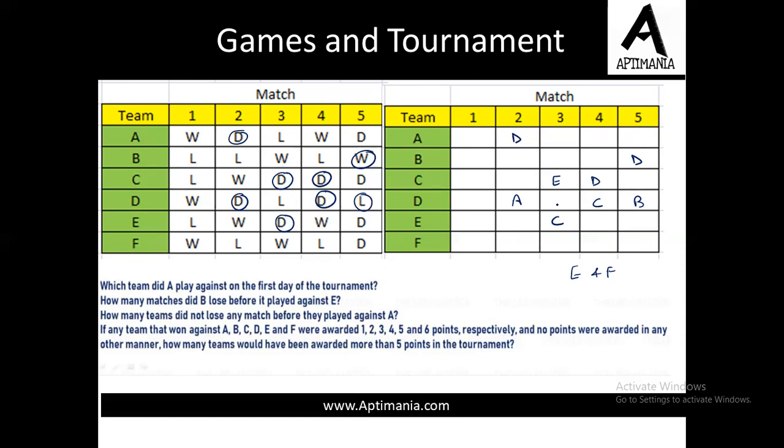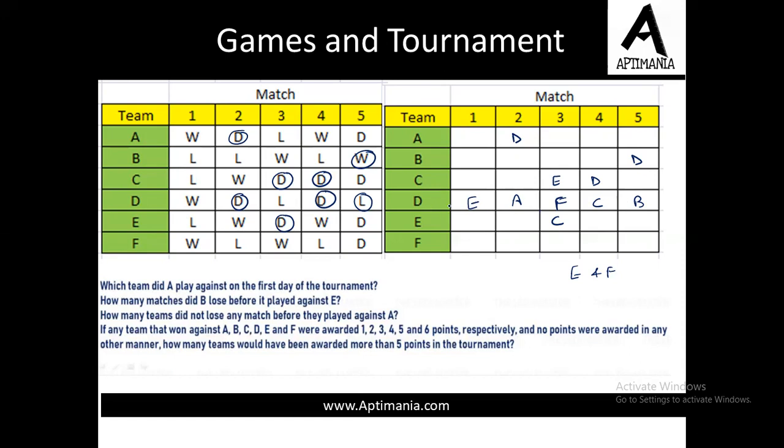This question is now simply like a Sudoku. E का थर्ड डे पे एक मैच हो चुका है C के साथ, तो E अब थर्ड डे पे D के साथ नहीं खेल सकते हैं, so we cannot fill E over here, which simply means that here it must be F. And now we have only one option for E, so it must be here only then. Fine. So इस तरह से हम यहाँ पर ये वाला कॉलम फिल, ये वाली रो हमने फिल कर दी है.